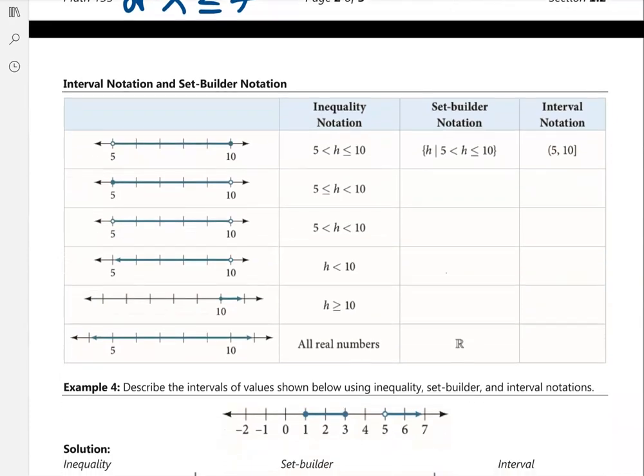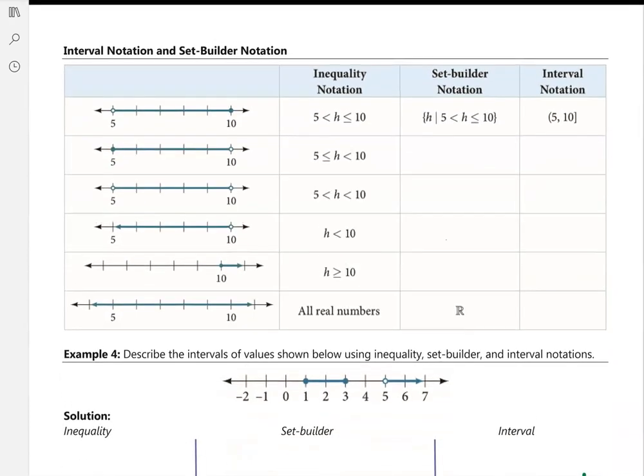Next, interval notation and set builder notation. Again, I mentioned earlier we're going to focus on the interval notation. So the first one, from 5 to 10, you have the open circle and the closed circle here, the open parenthesis and the bracket here. 5 to 10, so 5, 10, open circles, 5, 10,